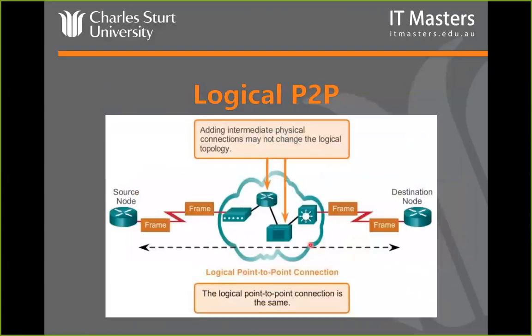Logical point to point, this is what it really looks like from a provider point of view. So if at this stage we're assuming that these are serial links, and we're going to assume they're frame relay or ATM, it doesn't matter what they are really, but these networks connect into a provider cloud, and then inside that provider cloud there could be a lot of other hardware sitting in there that we don't see because that's provided by the provider. We don't care, we don't worry about that. All we see is a direct point-to-point connection.